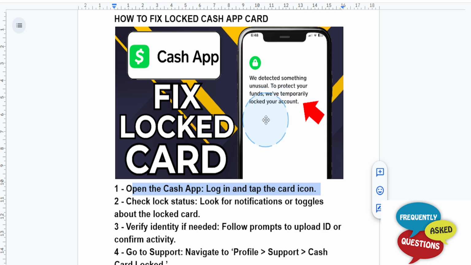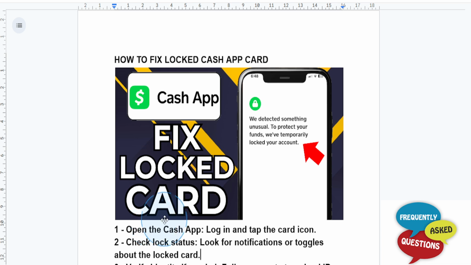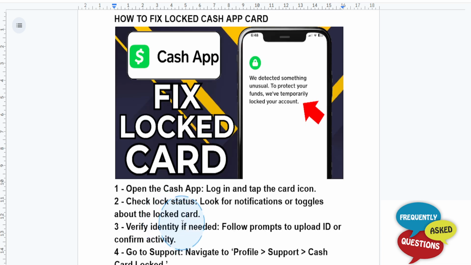Often, cards are locked for security reasons, okay? And what's going to be happening, guys, are reasons like unusual activity. So to resolve this, guys, you need to follow the on-screen prompts that they will be giving you, which may involve things like verifying your identity, and you may actually need to upload a valid ID or just